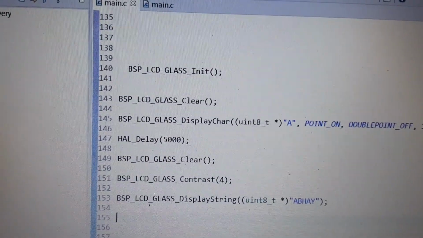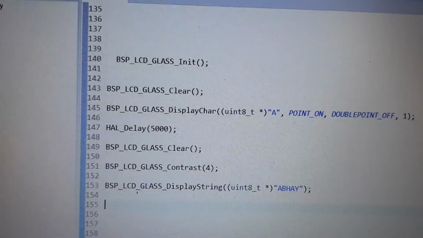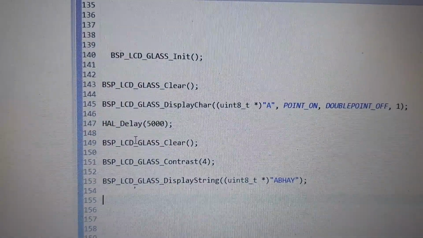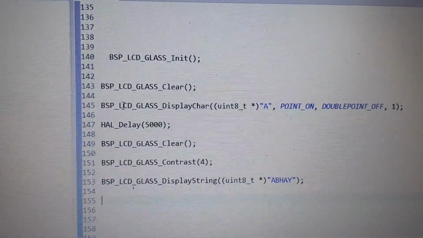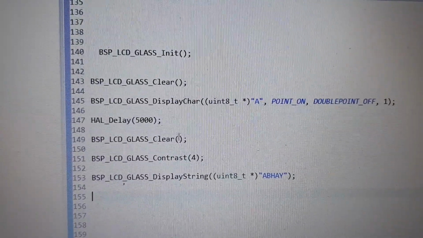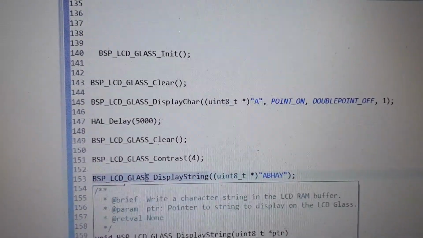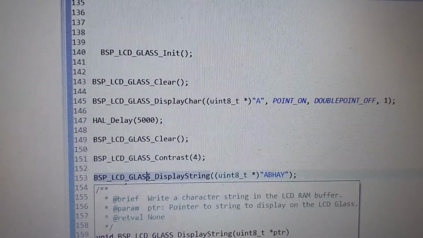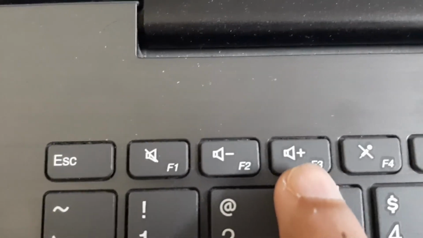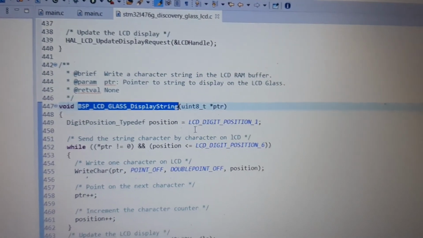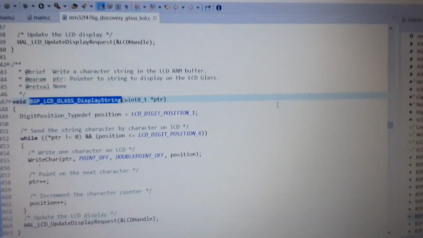There are some other functions that you can also use. If you want to use other features, you can click on this function and press F3 on your keyboard. It will go to that function definition.